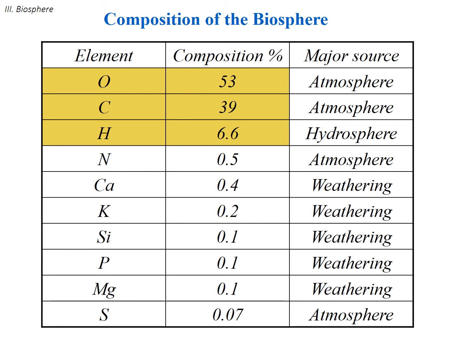Just remember that those top three are the big ones, and they variously come directly from the atmosphere. It's a little bit controversial where the oxygen in us comes from, whether it actually comes from the atmosphere or the hydrosphere, because we breathe oxygen and we also drink water, and both of those have oxygen in. I'll come on to that in a bit. Carbon does come entirely from the atmosphere, ultimately. Things we eat are made of carbon, but they get their carbon from either other things they eat,